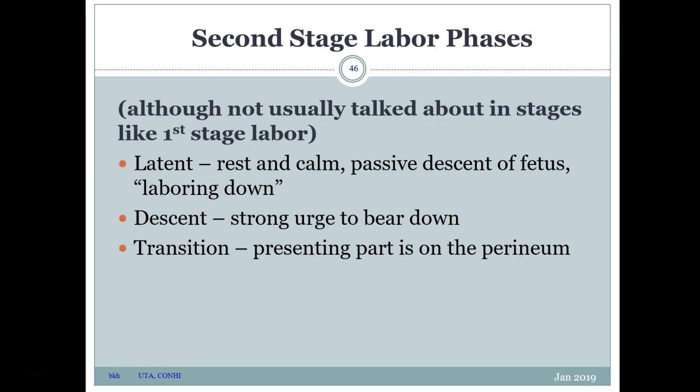We also have, like we did in first stage labor, our latent, descent, and transition phases. Latent means immediately after our women get to completely dilated, their body sometimes might go 20 minutes or so without a contraction. It's a physiologic pause. If that doesn't tell us how uniquely designed moms' bodies are for this process, I'm not sure what does. It's almost like her body is going, okay, you've been through a whole lot to get us to 10 centimeters. Now let's take a break, have some chill time before we get into this big stage of pushing this baby